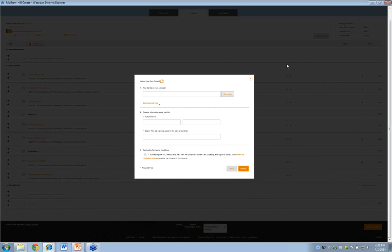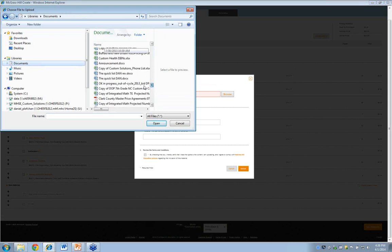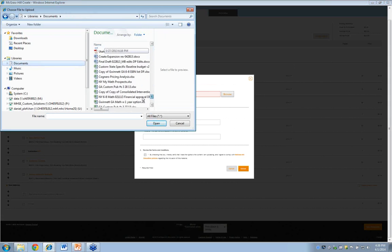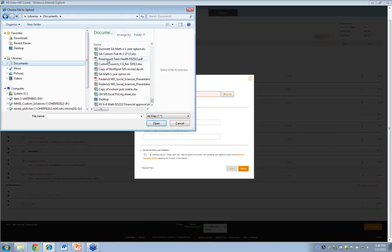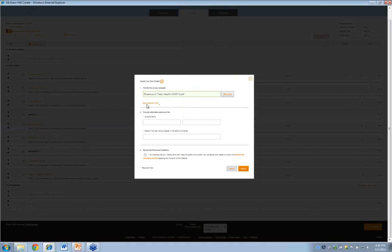Another powerful feature is I can add content. So I can just go in, add a PDF that I have saved on my system, and can easily adapt what I am going to be adding to the curriculum. When I add that piece, I claim authorship, say how I want it to appear,